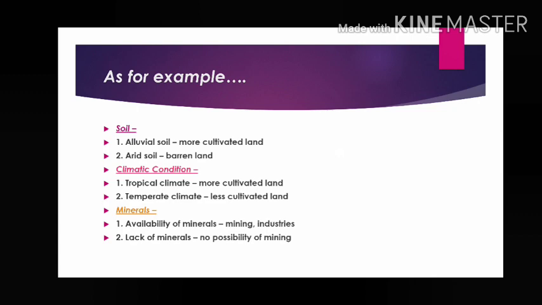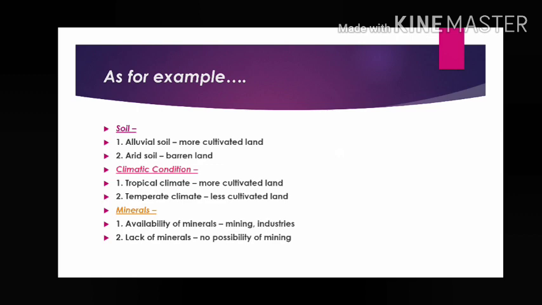But in temperate climate, here the winter season is long but the summer season is short. That's why cultivation is limited. Mainly those types of crops are cultivated which can tolerate low temperature. Which cannot tolerate high temperature are not cultivated in temperate climate. Clear? So tropical climate, good climatic condition, that's why more crop cultivation, and that's why population density is also high.